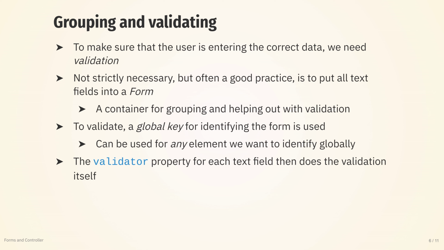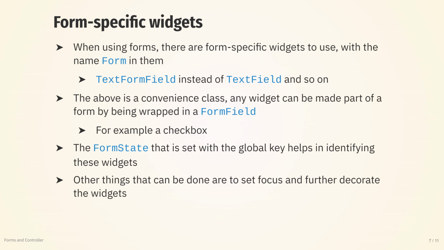And to be able to validate, we set a global key for identifying this specific form. The global key can actually be used in order to identify anything globally, if you like. And then we have a new property called validator, which for each text field will do the validation itself. But we are now going to use